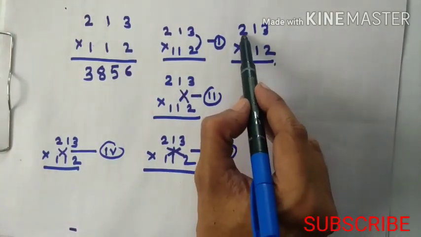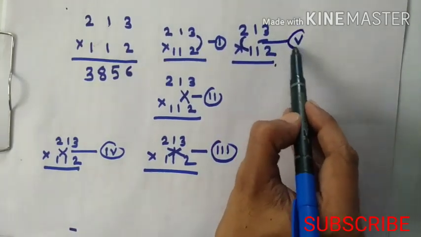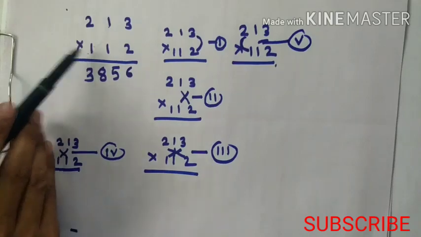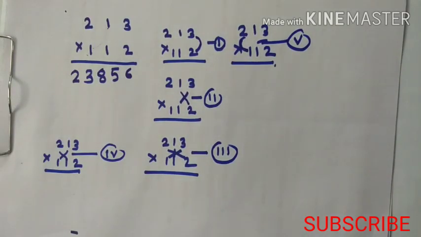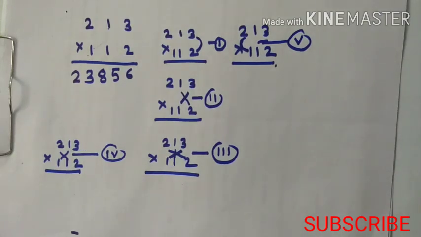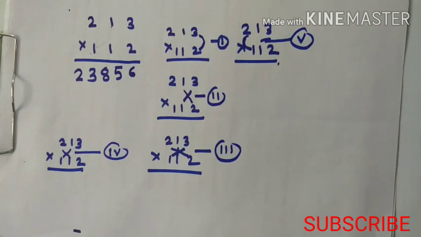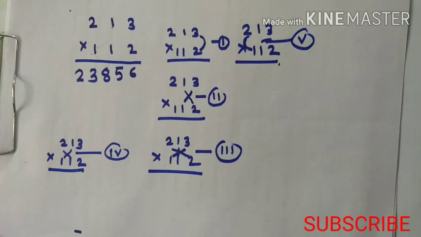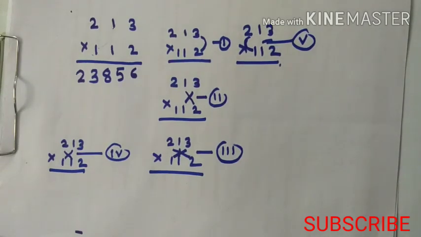Next, last step, the product of these two. Fifth step. 2 1s are 2. I am writing 2 here. Okay friends, observe this problem well and try to solve. You will understand better and you will revise and you will be able to apply this method to each and every problem, and after a few days of practice you will be better familiar with this method. Thank you.